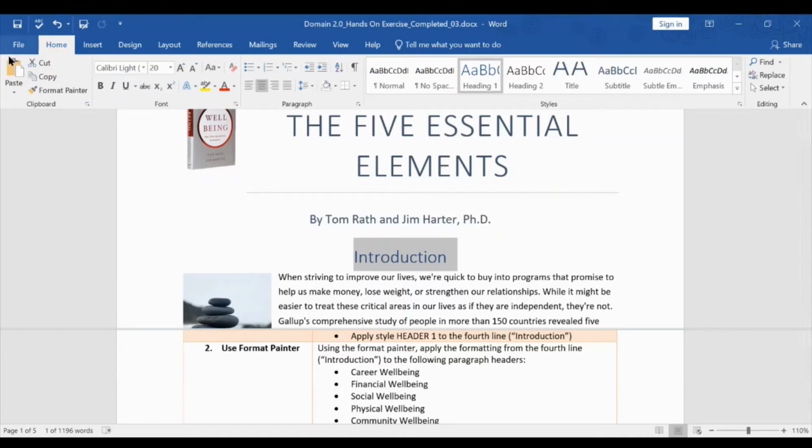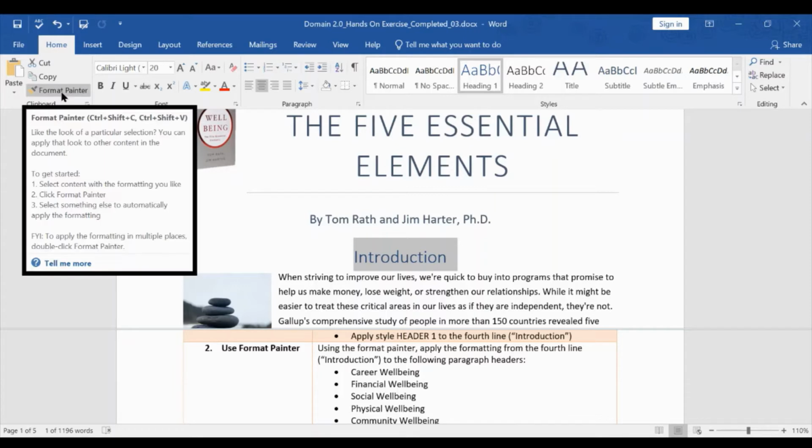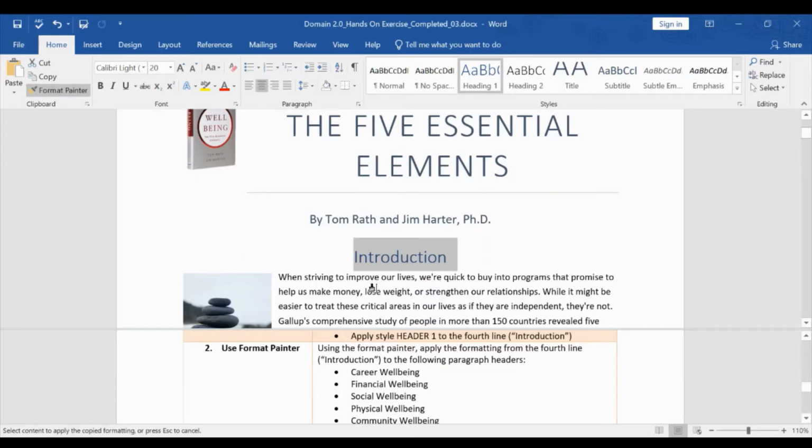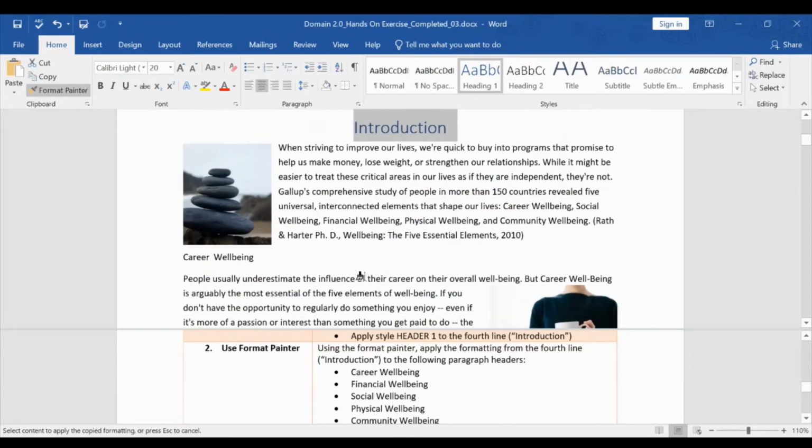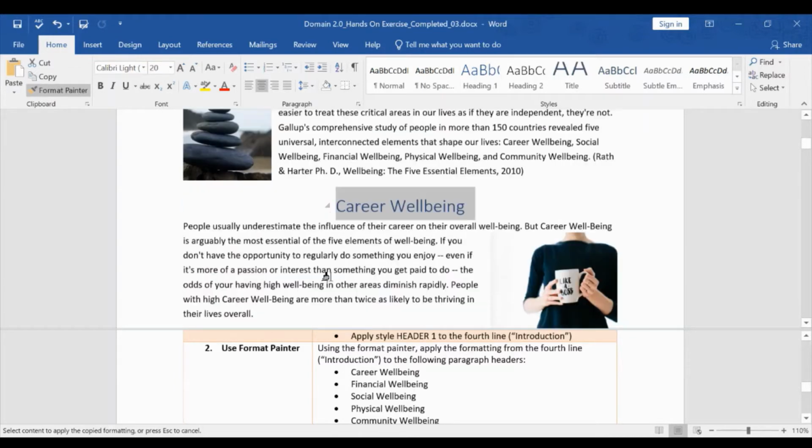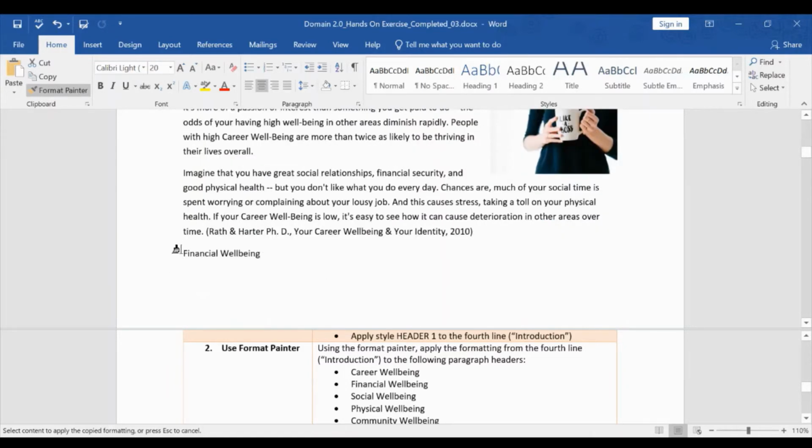I can come up to the Home tab and check Format Painter. I'm going to click 2 times because that turns Format Painter on and leaves it on until I am done using it. Remember, a single click will only give you a one-time use. So there's my paintbrush. Here's the first instance of a section header. So I'll click and drag over Career Wellbeing, scroll down to Financial Wellbeing, click and drag,